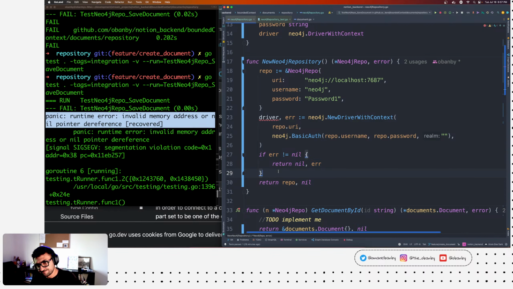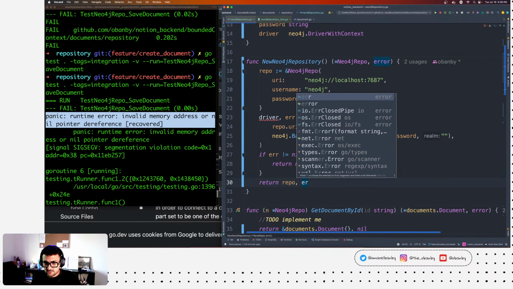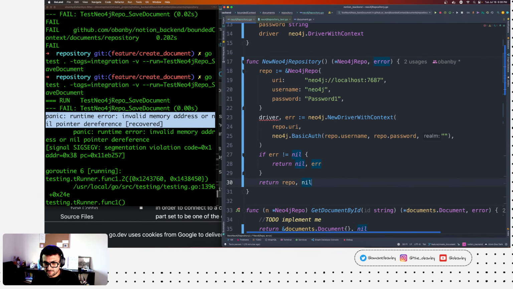Let's see. Am I allowed to create a repository if it fails? The answer is no, right? So I'm gonna opt in for the stricter option, which is, if you have an error, I'm gonna return the nil to you, right? Otherwise, I'm gonna return the repo and a null.